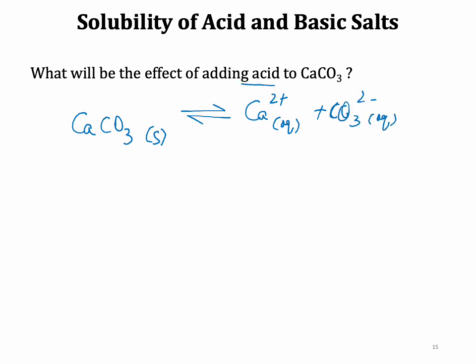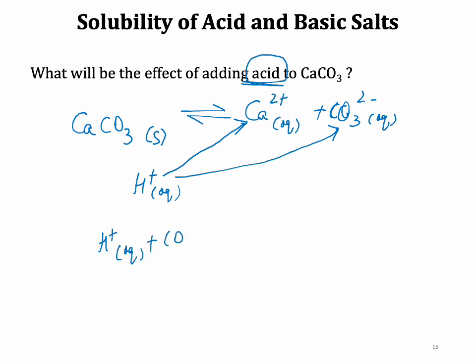Now, what will be the effect of adding acid? What is an acid? An acid is something that donates protons. So if I add protons into this, what we have to see is, do protons interact with calcium, or do they interact with carbonate in any way? Calcium, they will not interact because proton is positive, calcium is also positively charged, so two positives are not going to interact with each other, they repel. But proton interacts with carbonate in order to make carbonic acid. H plus carbonate, you will interact to give us